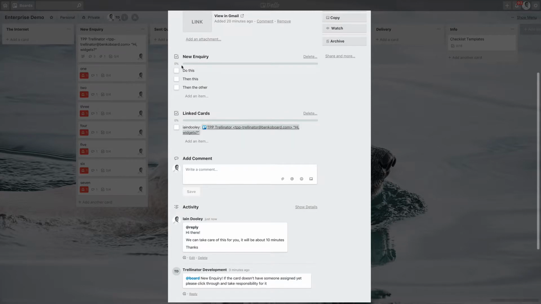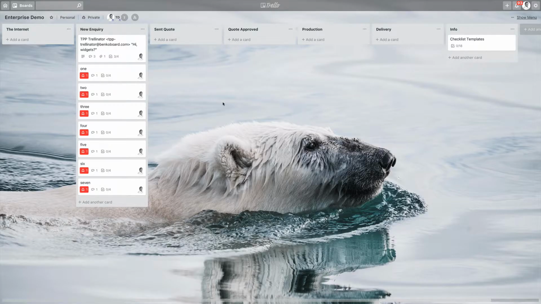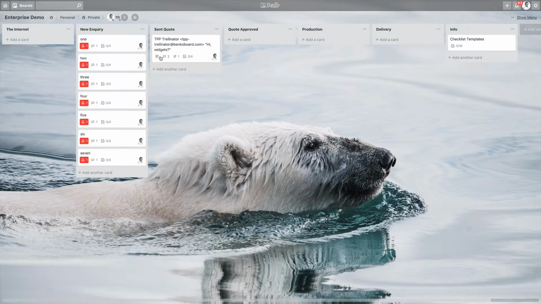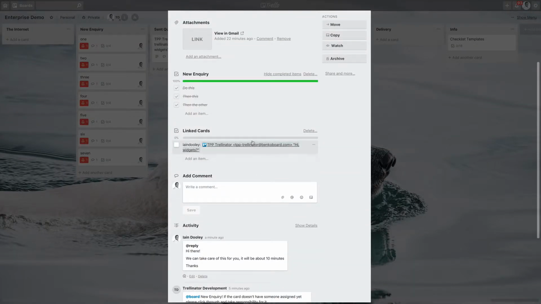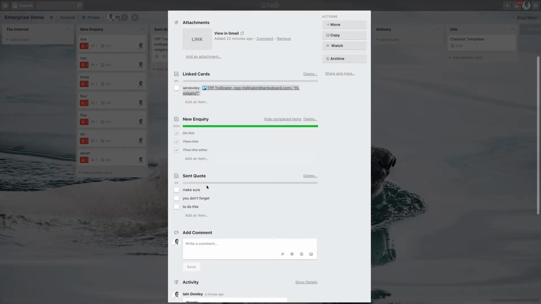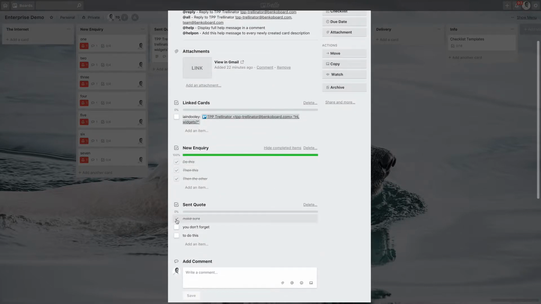And I've done my initial reply. So now I could, for example, check off the first item on my new inquiry checklist. When I finish this checklist, it's going to move the card automatically to the next list and then add the next checklist, which in our case is the sent quote. So whatever I have to do after sending a quote, I can now check this off,